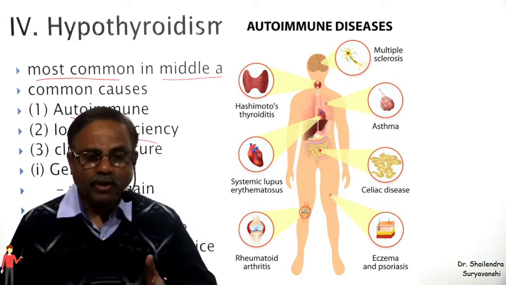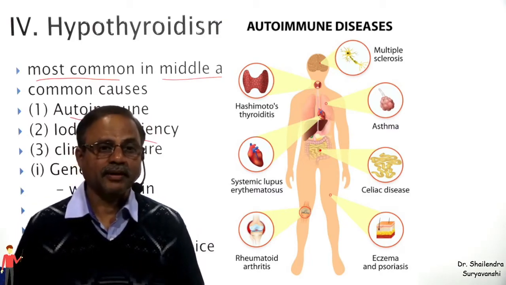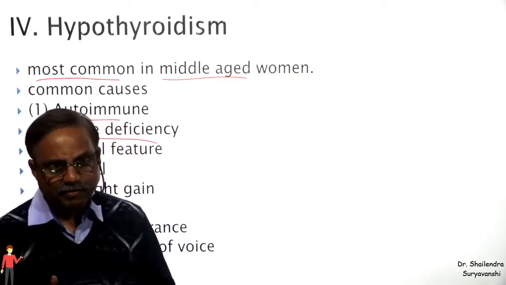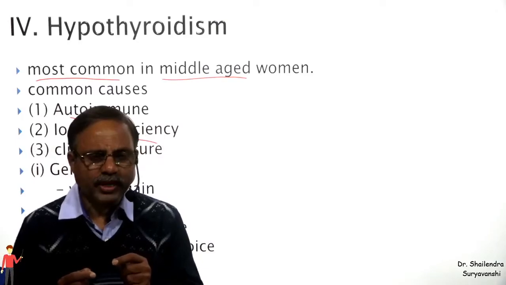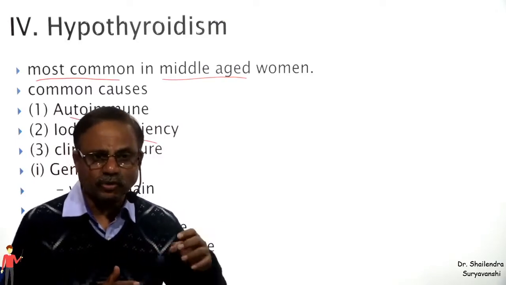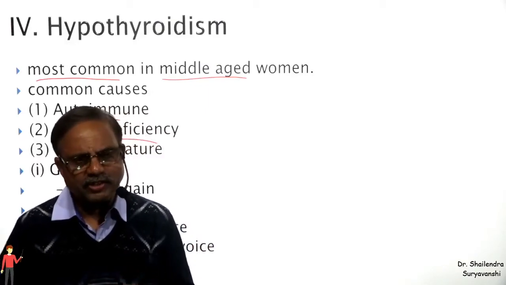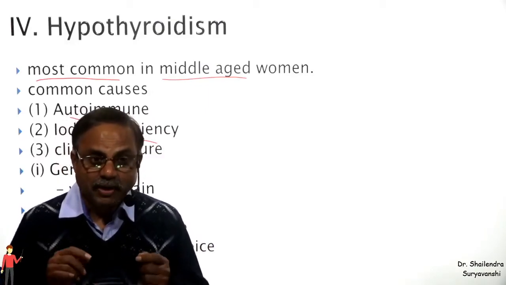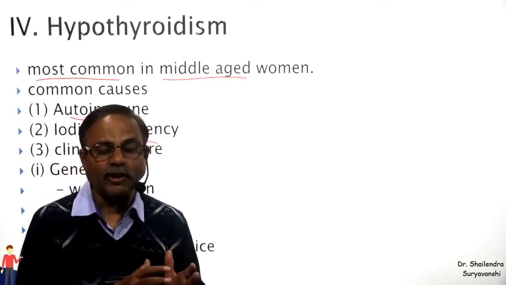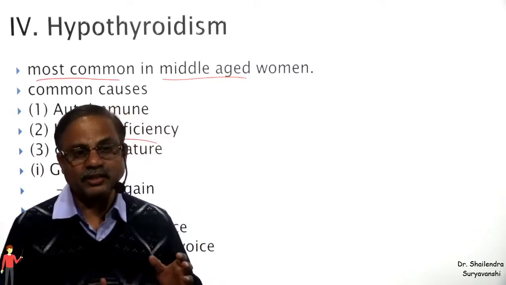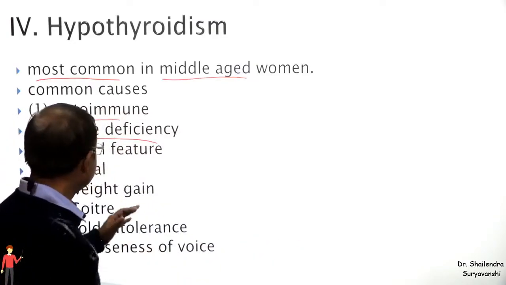In autoimmunity, what happens? Sometimes we get an infection and we develop antibodies against that bacteria. But that bacteria has some structure or protein which is common to the tissue of the thyroid. So these antibodies destroy that bacteria, and the infection is gone. But even after that, the antibodies will attack the normal thyroid tissue and destroy it. That results in hypothyroidism, which is known as Hashimoto's disease.